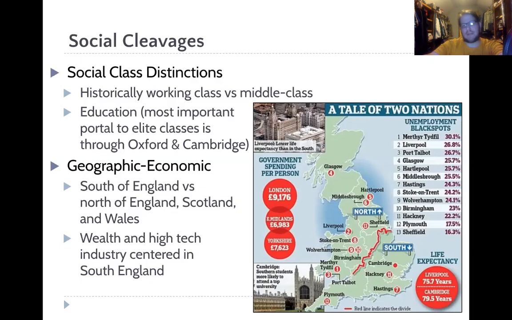Some of the other things that increase cleavages are demands on education. Compulsory education exists in the United Kingdom, which is a good thing. But with that, the cost of university tuition increased to levels that make it more difficult for folks in communities of need to attend some of the more elite institutions, which create most portals into being politically successful.